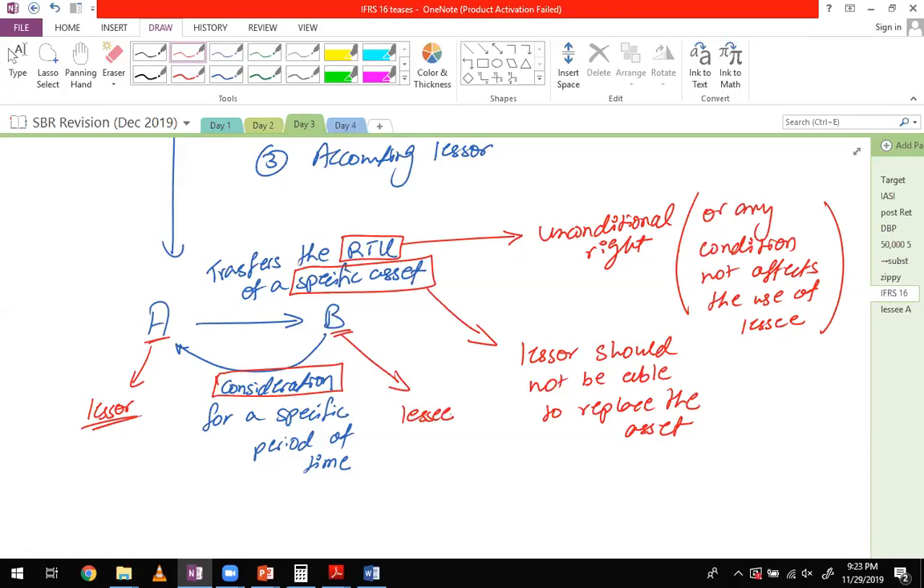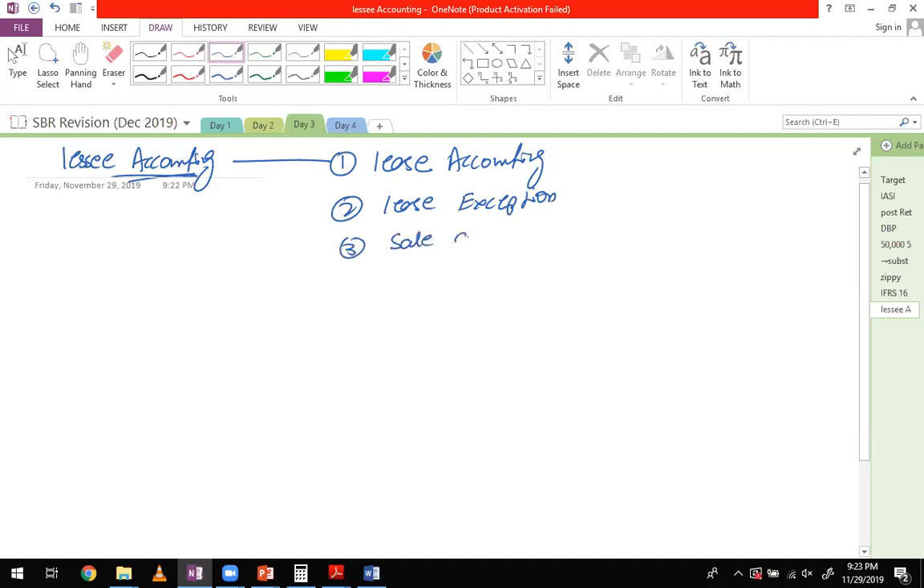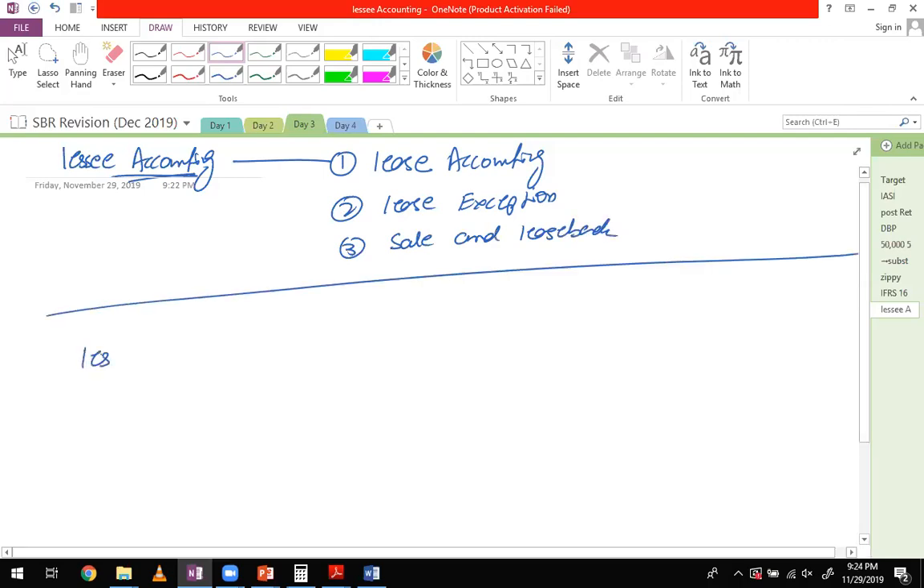Okay, so now let's start the lessee accounting. In lessee accounting, we need to discuss the lease accounting. We need to discuss the lease exception, and we need to discuss the sale and lease back. These are the three areas that we need to discuss. Now, starting from the lease accounting,